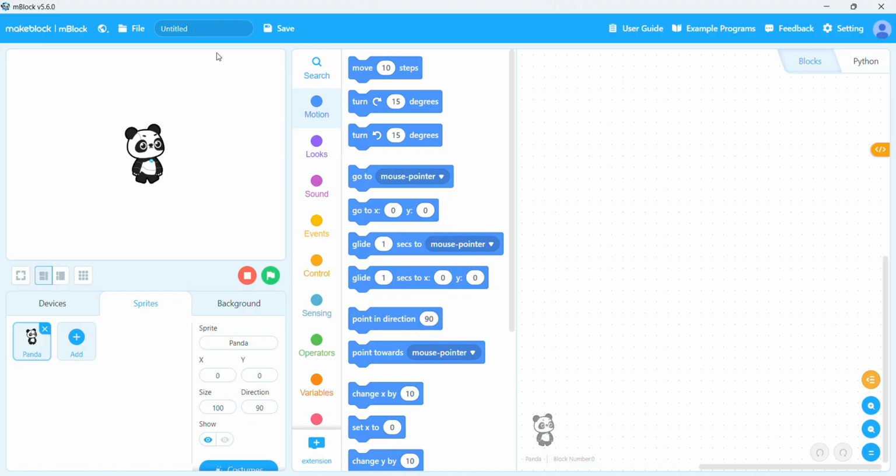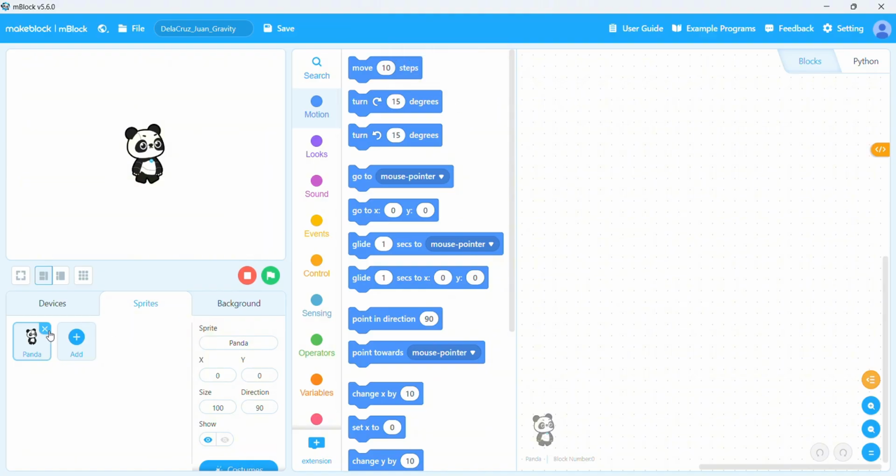In this unit, we're going to build something really exciting. But before we can run any experiments, we need to set up the entire simulation environment first. After launching mBlock, the very first thing we will do is name it. For example, De La Cruz underscore 1 underscore gravity, and then click Save. Saving immediately is a good habit. It protects your work.